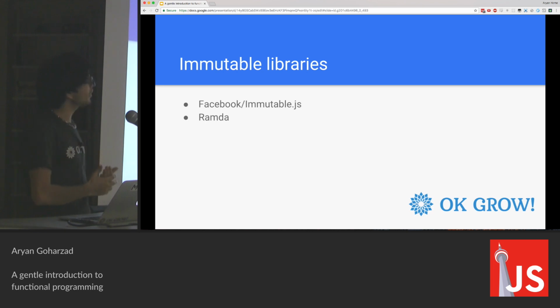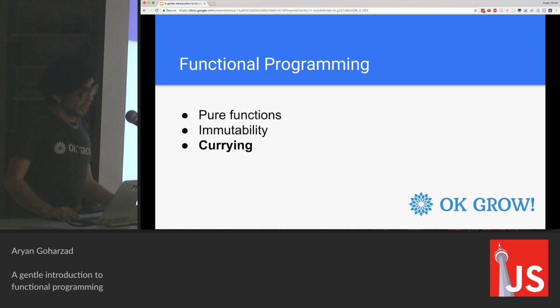One benefit of immutability is that you can run a bunch of code in parallel, and you won't have any problems, because otherwise two things would try to access the same variable, or two things would try to write to the same place. But with immutability, you know that's never going to happen. So if you think this is a useful idea, check out these two libraries: Immutable by Facebook, and Ramda, which give you a lot of tools to do everything immutably.